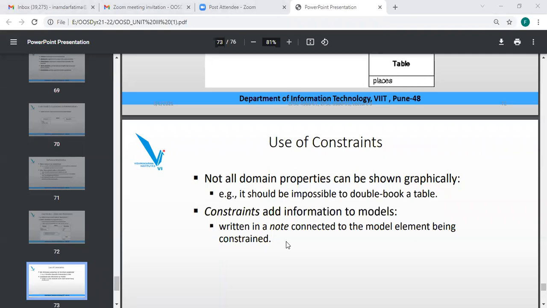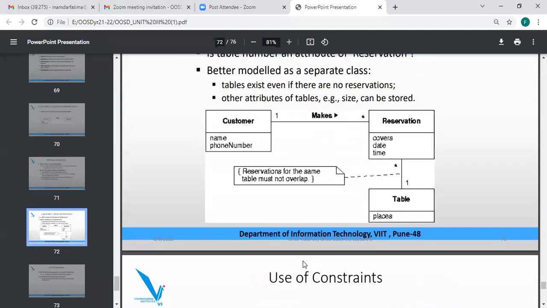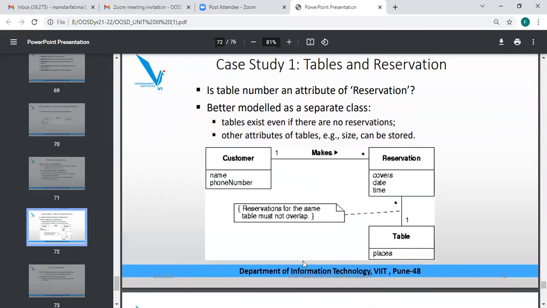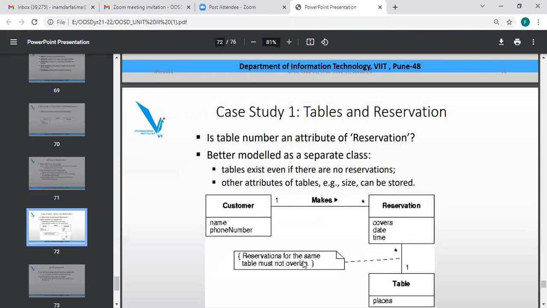Okay, so in this particular part, what I want to understand is the basic concept, which is nothing but a case study to be represented for a reservation. For example, a customer makes many reservations, where a particular customer wants to make a reservation for a particular hotel. Then what exactly do I want to consider here?